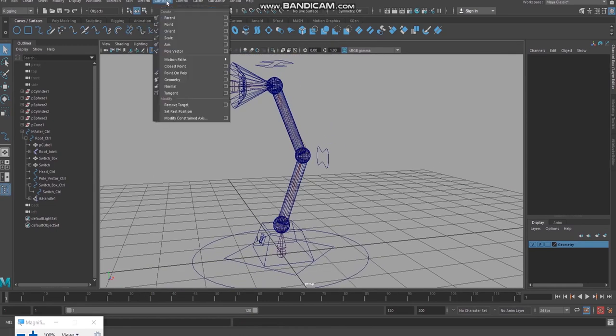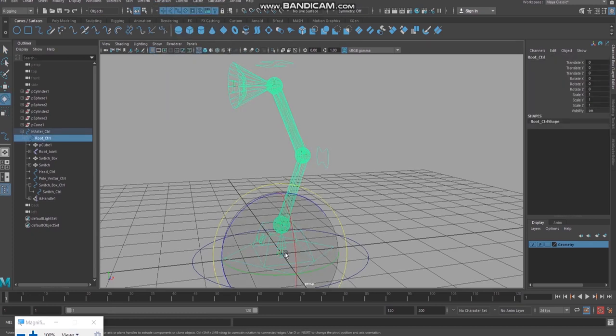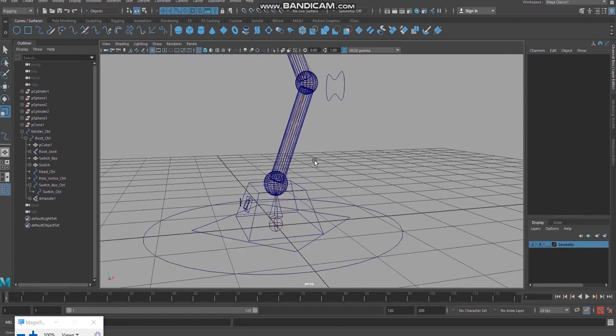In this we did not use parent constraint, I think, because we have used the point constraint for the head, orient constraint for the head rotation, and scale constraint actually we don't need it, right? Because by default you can scale it, unless you want some constraint, you want to select some control.